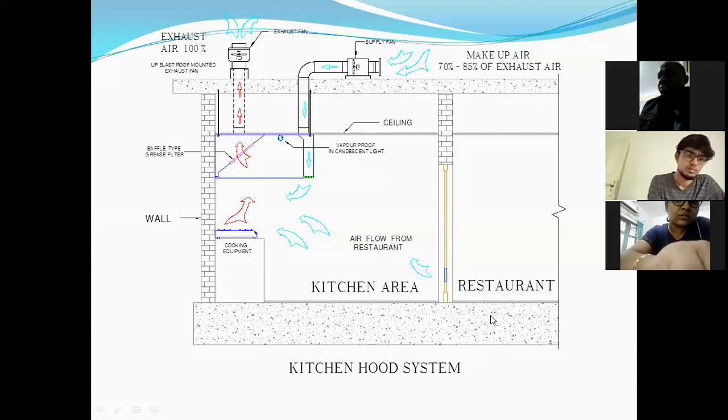You understood? When you are giving an exhaust, the air is being sucked from our room and taken out. So what happens when air is being sucked? A negative pressure is already created in our room. So when there is negative pressure in our room, the outside air will be positive. Automatically that outside air will be sucked inside. You understood what I am saying? Through some small openings, or some small window opening or door opening like that.